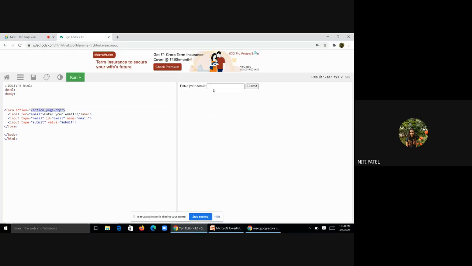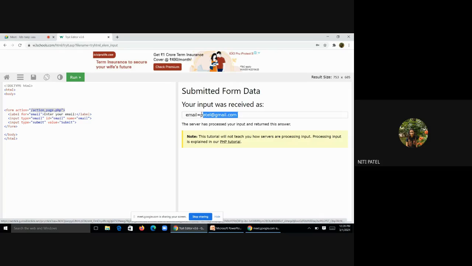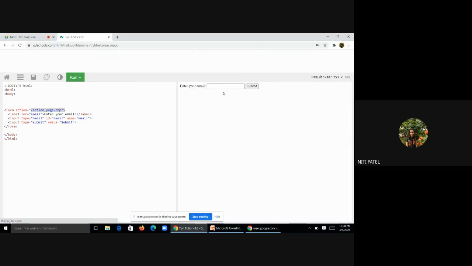When I submit, my email ID should be visible on this page. So when I run, by default it is showing me the email ID. If I want to type something else, say mail@email.com and submit, it will show me that particular email ID. Now do one thing.